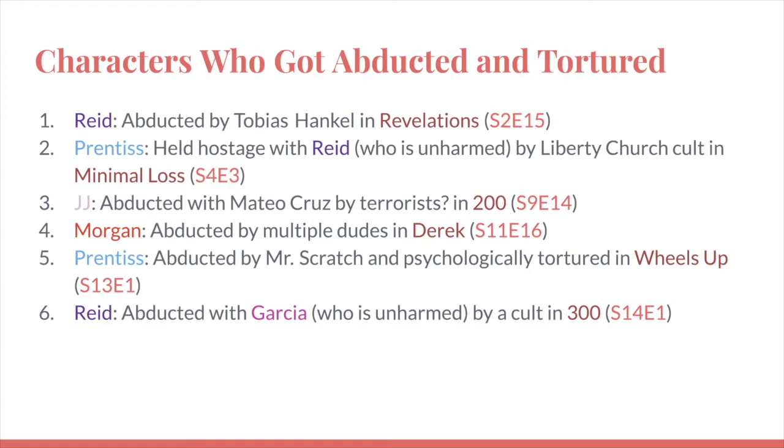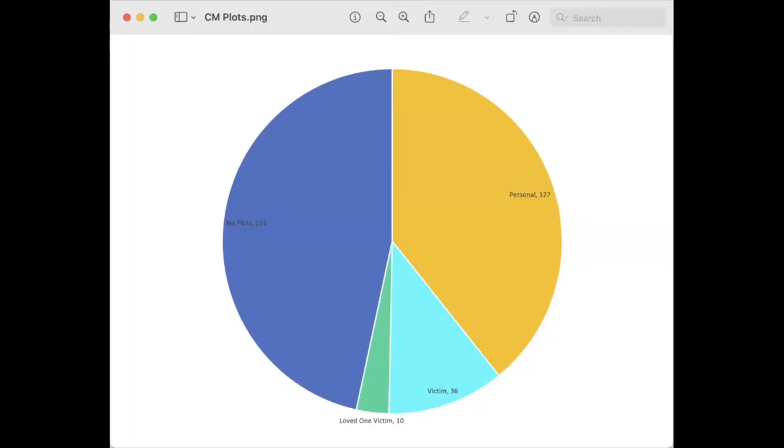That episode was 300. Okay, the graph isn't loading on my slideshow, but this is just visualizing the number of character plots. So the yellow slice is just plots about their personal lives, and I don't have the average rating for that, but the average rating for this entire section of the pie chart, which is just a little over half, is 7.84, which is above the average rating for any episode.